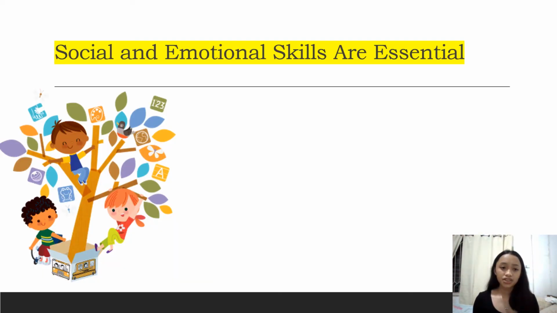So, proceeding to why social and emotional skills are essential. Social and emotional skills are developed through relationships, interactions, and ongoing social situations. As a parent or someone in a parenting role, there are many ways that you can support your child's social and emotional skills development and ultimately improve their mental, emotional, and behavioral health. Some ways include